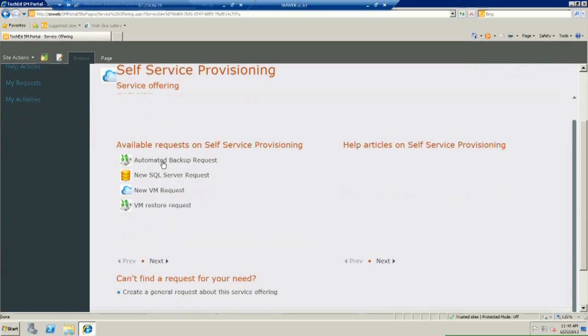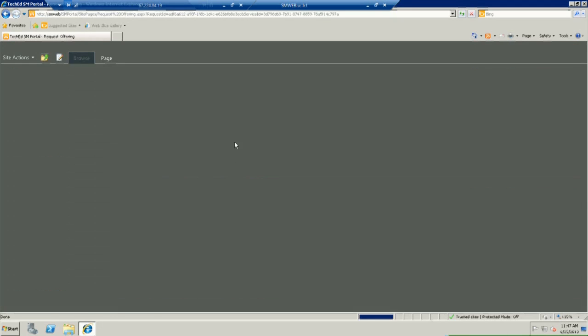So we have an automated backup request for a new SQL Server. Did anyone come to my session this morning? No? Oh, awesome. This is my friend over there. Awesome. And a new VM request or VM restore request. So let's start first with how we're going to offer the backup, the automated backup request. If I click on automated backup request